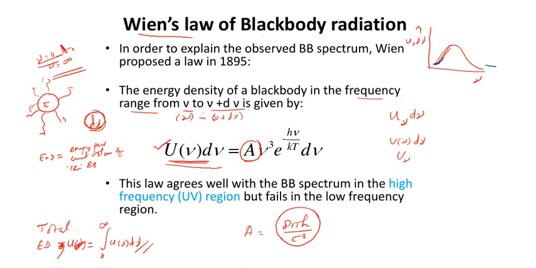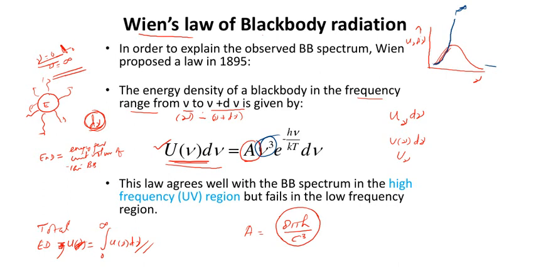spectrum, the Wien's radiation law is actually matching with the experimental curve. The red one is the experimental curve, but as the frequency increases more and more, you can see that due to the presence of this particular term nu cubed in the equation, the energy density peaks and it goes to infinity. At any temperature it goes to infinity due to the presence of this proportionality nu cubed. So the Wien's radiation law failed to explain the observed black body spectrum in the high frequency